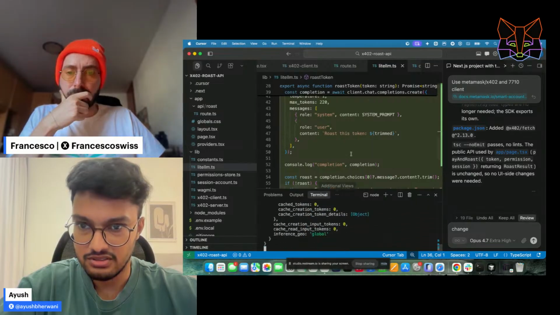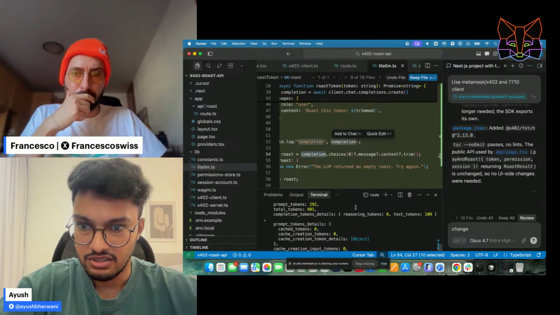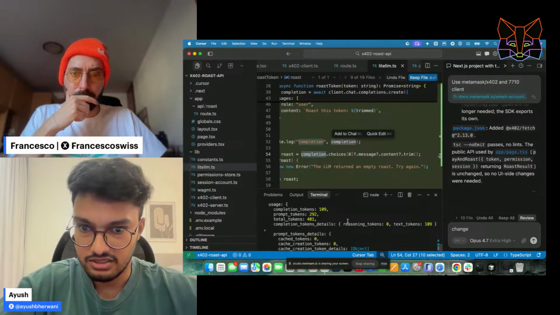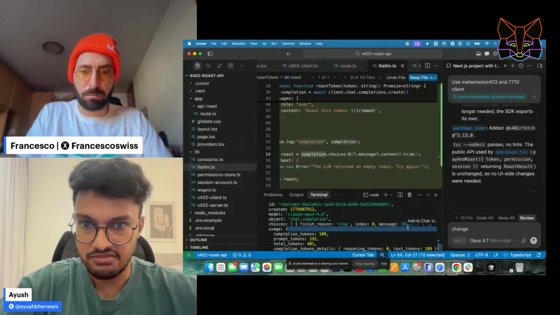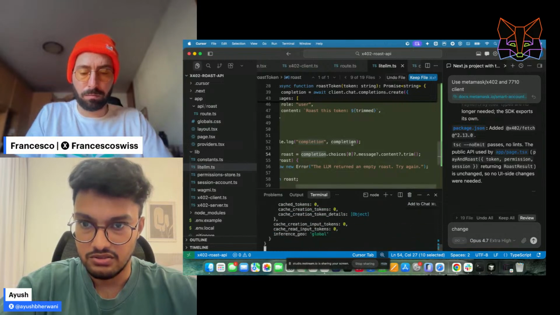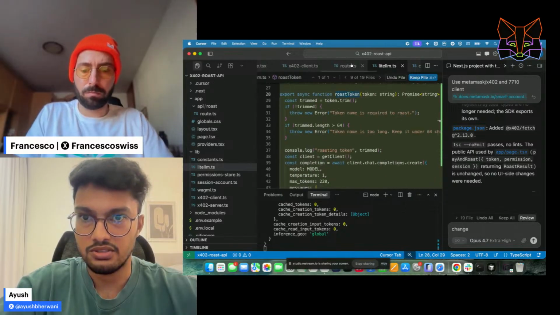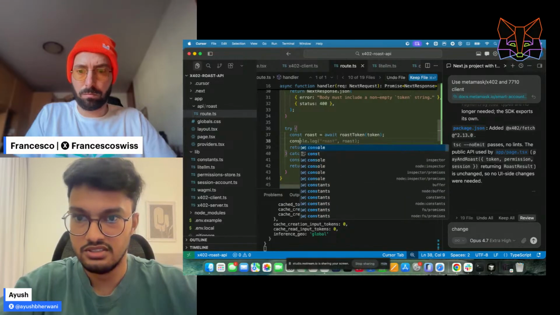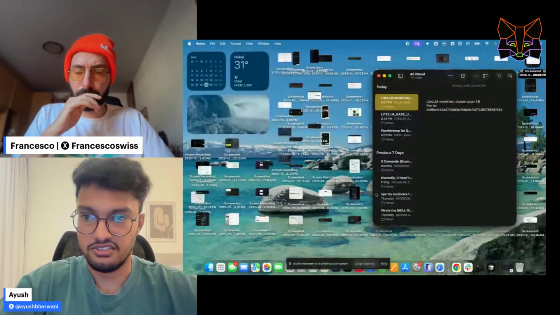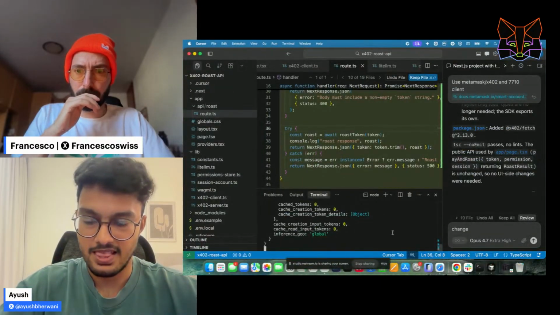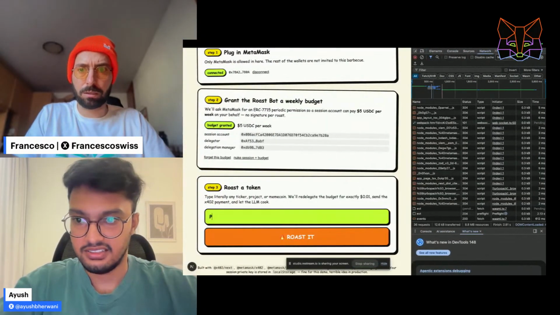What is the completion.choices? It has a message object as well, so it should not be an issue. We can debug this. Roast token has been done, it got the response. Is this not sending the response, or what now?